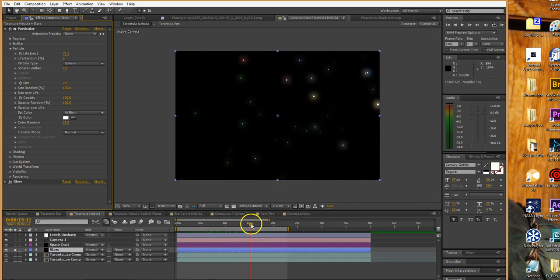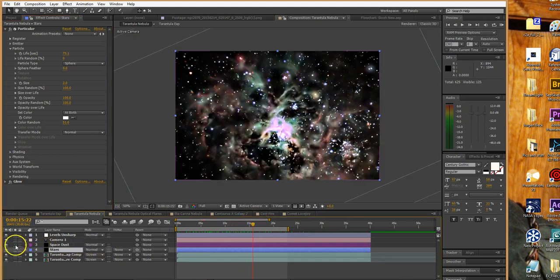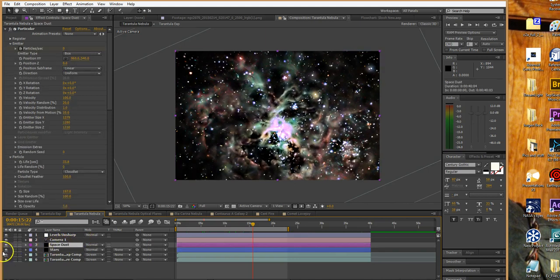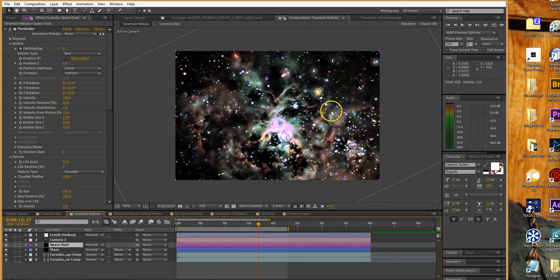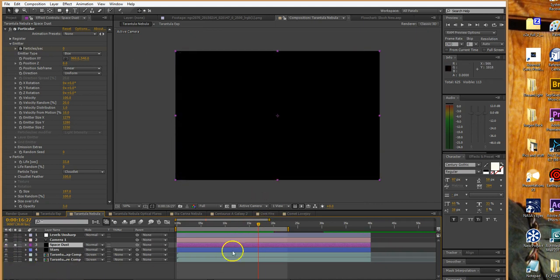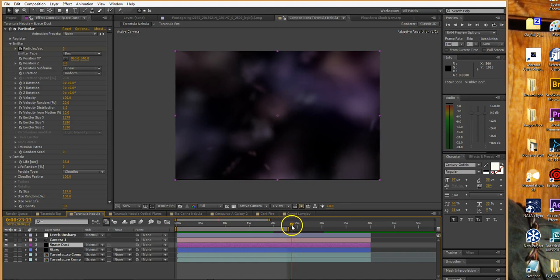Okay, one more element that I put into this animation was the space dust. Using the very same plugin, what I've done is, as the camera gets to a certain spot in the animation, I want to bring in some of this space dust, very subtly, and then have it go back out as if you're traveling through, and it all of a sudden becomes apparent that you're in the middle of it, and then you actually pass through it and get further into the nebula. To do that, I've created more particles in space and used much more of